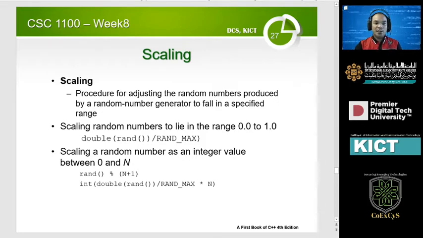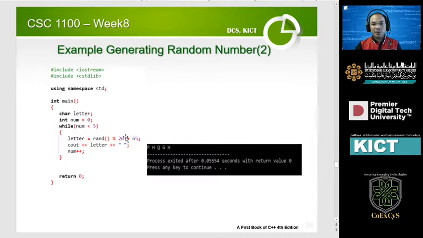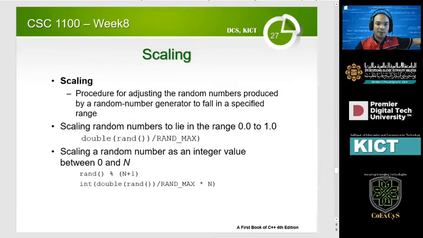In our previous example, we wanted it to fall between 0 and 25 because we're dealing with 26 characters that we want to generate. So if we want to scale it into a different set, suppose we want to scale random numbers to lie in the range of 0 to 1.0.